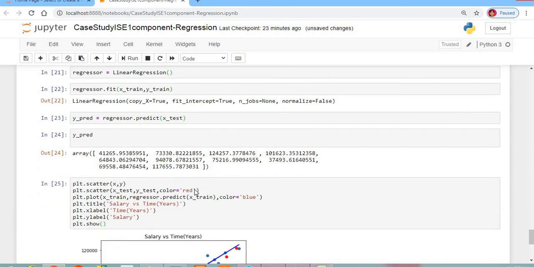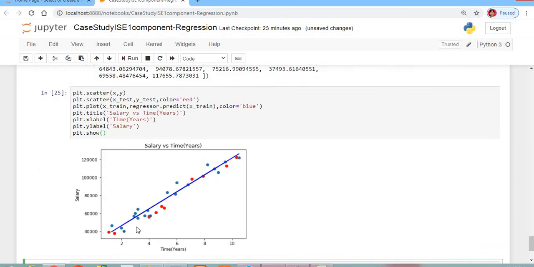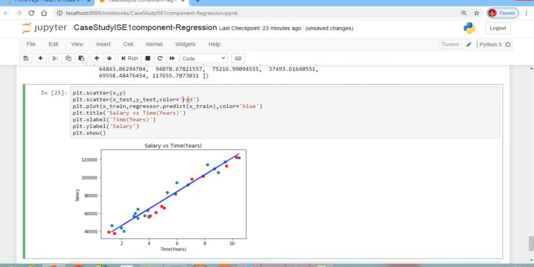So once I have displayed this, so you can see students, you can see X test and Y test. So we are testing this color red ने जे सुद्धा दिसत आहेत, whatever red colored values are shown, those are nothing but testing, right? आणि then X train comma regressor predict, whatever predictions च्या ज्या value आहेत, that is in terms of color blue. So here you can see the line which is drawn, which is blue in color. That means whatever scatter plots we are getting and whatever predicted values, whatever actual values जे आहेत आणि the predicted values, they are falling like this. So that means our model is working perfectly.